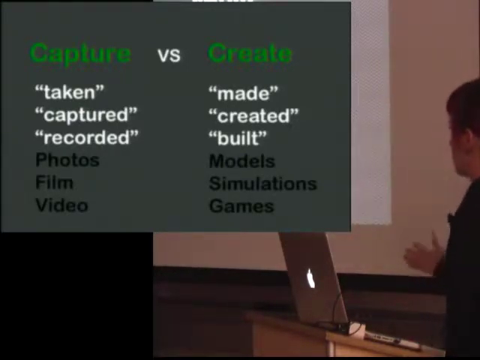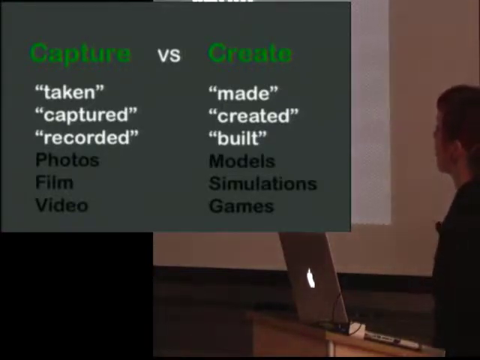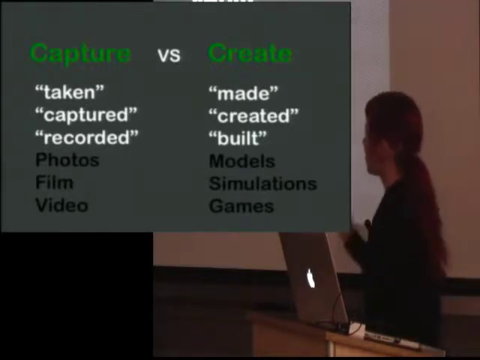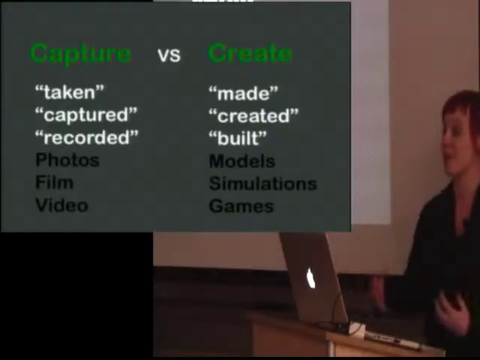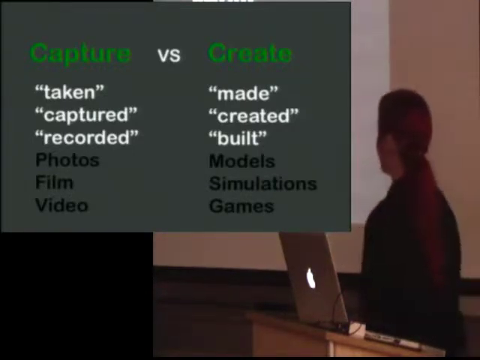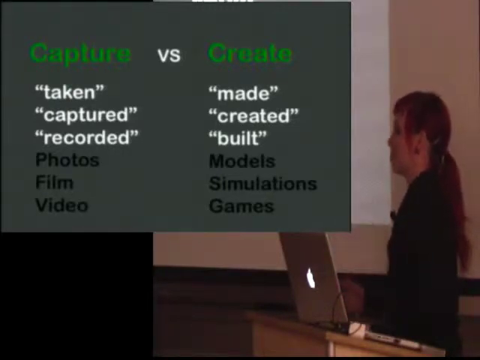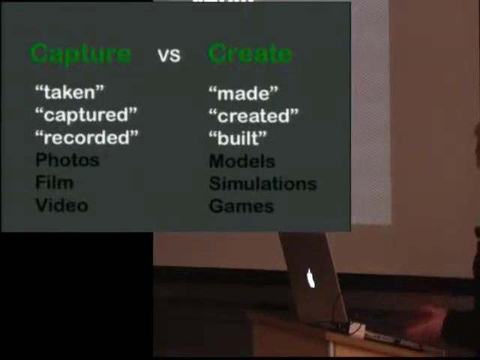Generally the difference between the two is, when we talk about media forms that are indexical, we talk about them as being taken or captured or recorded. If you think of the ways we talk about photographs or film or video, there's this real sense that we aren't really making anything to get that representation. We're taking it from the world. We're ripping some aspect from life, and it's immediately transferred into the representation somehow. Now, there are obviously huge problems with that when you think about it more, but the way we generally talk about it and perceive it has that quality to it.